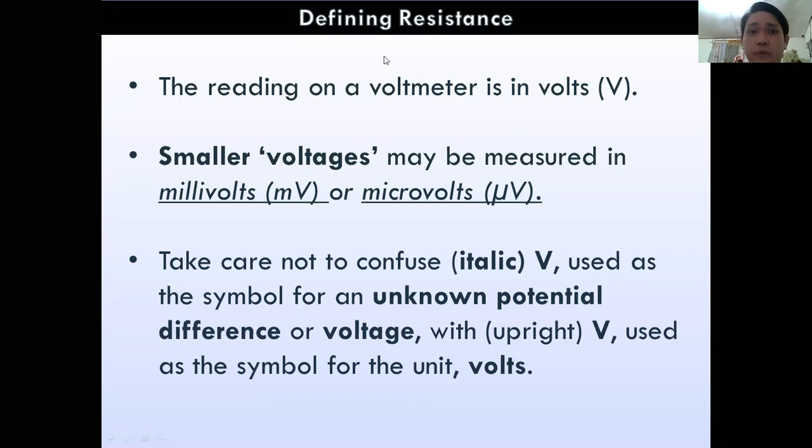I guess we will just stop here because I will give you time to do your activity. Do not forget how we define electrical resistance and the terminologies related to it. I'll give you the time now to finish your task. I hope you will be able to finish it before the time. I'll ask the subject representative to please collect it and then send it to my QQ Messenger.